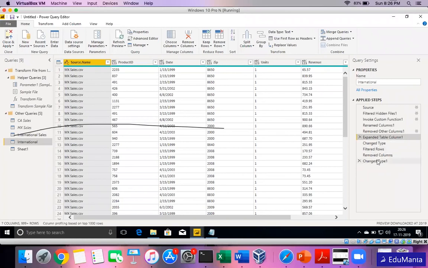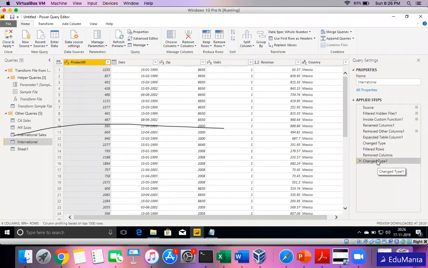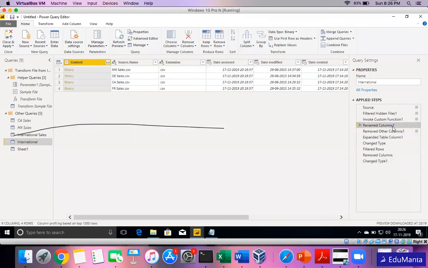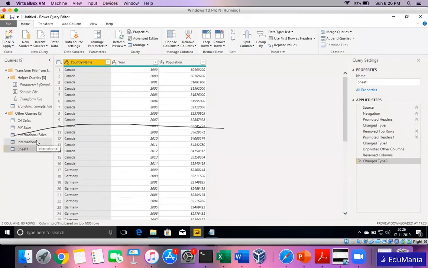So this is how you can go on changing your query afterwards. Also, if you feel something was done wrong, or I removed a column or renamed something which is no longer required, you can just delete a single step. This will be applicable for any type of data source that you select. So this is about choosing and removing columns.